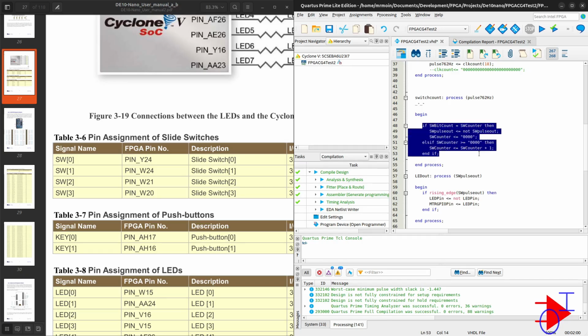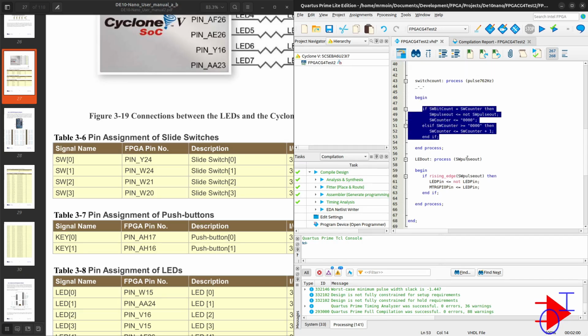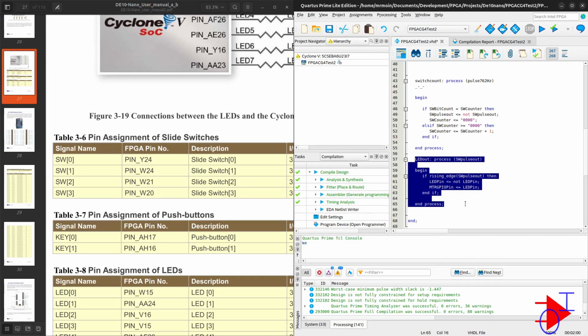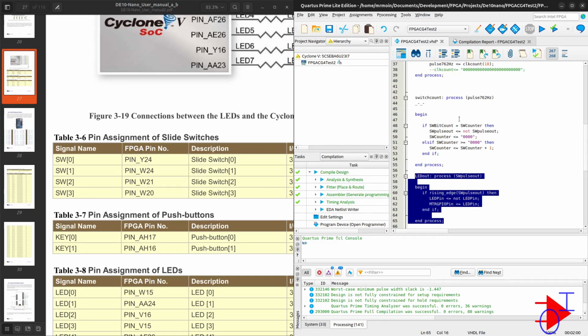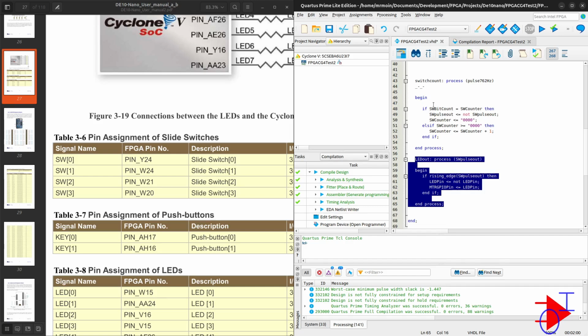This is counting faster, it's going quicker, and this is trying to go at the pace and only look at the higher edge, or the bit high, or bit 1. So what this out of sync is causing is our output to try to go faster. This out of sequence is mismatching the two processes, and our output is more